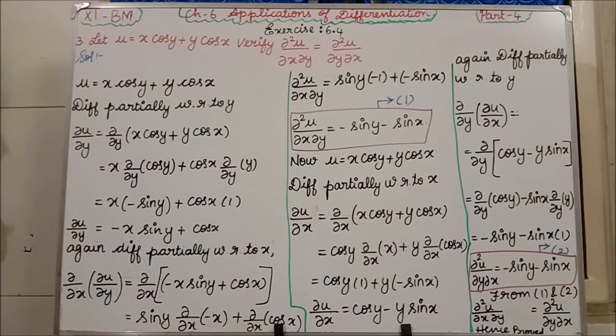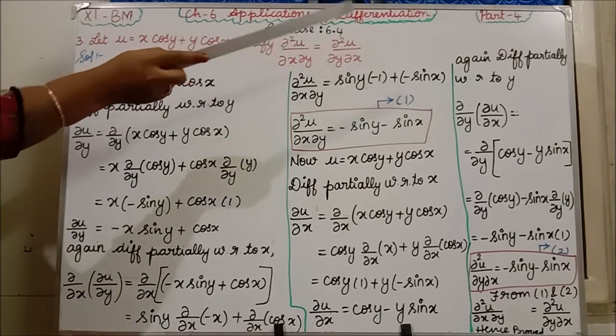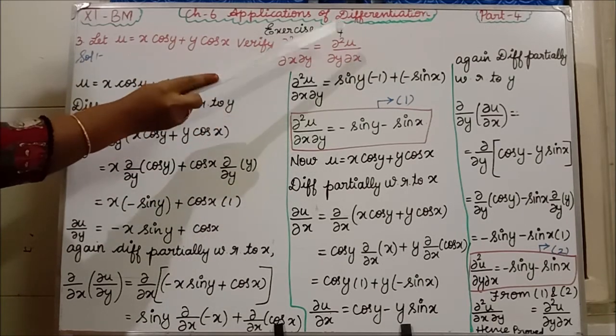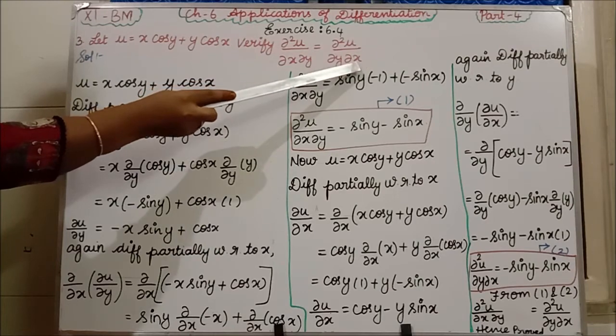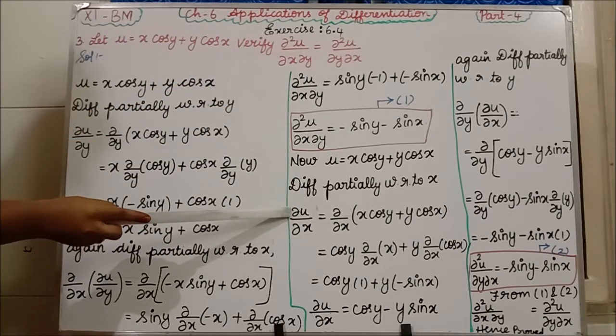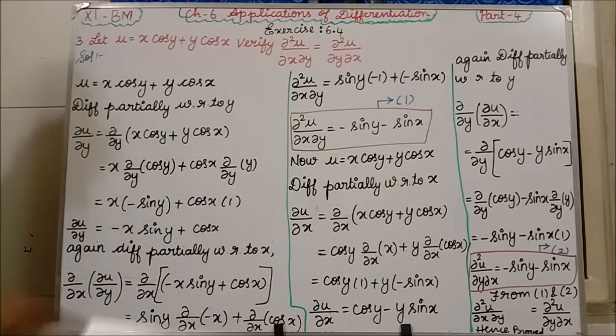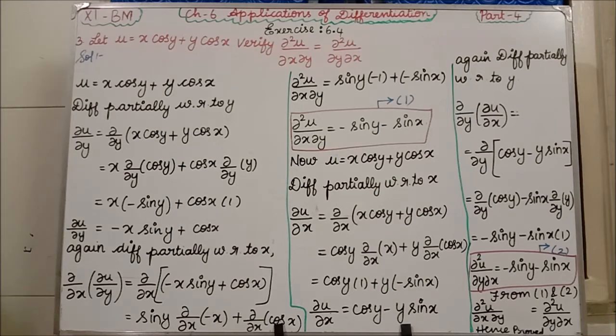Now again I am going to do this for the right hand side. See here, what is the last one they have given, ∂x. So you are going to differentiate u with respect to x. See ∂u/∂x. You are differentiating the given function partially with respect to x. So wherever we have y, we have to keep it as constant. Okay, x alone we are going to differentiate.